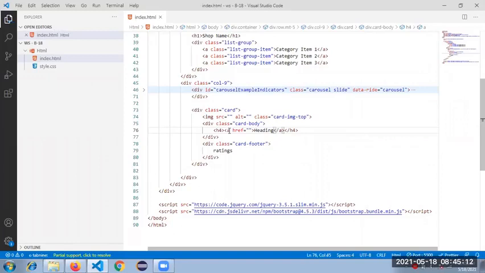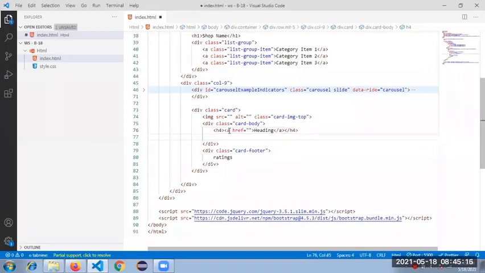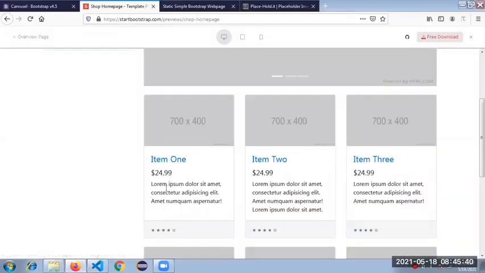Heading. Okay, then H5, price. Then, what next have we given? Yeah, some text.